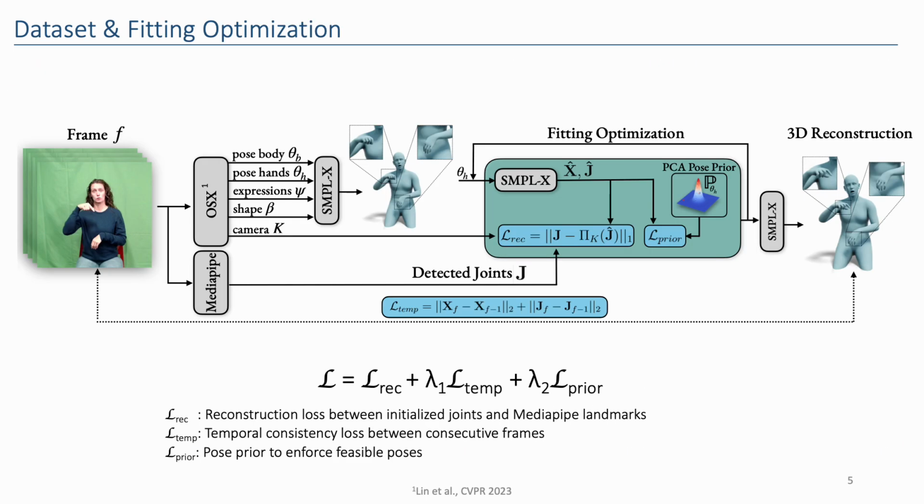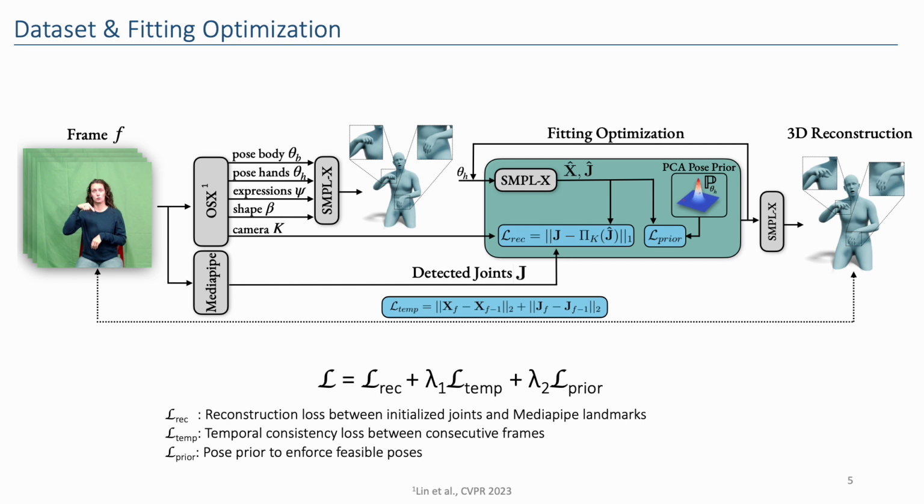Now let's move on to how we create the 3D sign language dataset. The fitting pipeline receives as input the videos from the How to Sign dataset. The outcome of this pipeline are sequences of 3D SMPL-X representations that correspond to the frames of the input video. To do so, we initialize our fitting optimization using the SMPL-X pose and shape parameters acquired from OSX for each frame. Hand poses constitute the pivotal component in conveying sign language, and therefore we adopt an optimization procedure to enhance the precision of hand poses and rectify any potential misalignments by leveraging body and hand joints detected from the MediaPipe framework. This is performed through a reconstruction loss between the initialized joints and the joints predicted by MediaPipe.